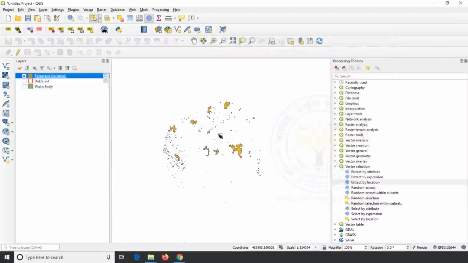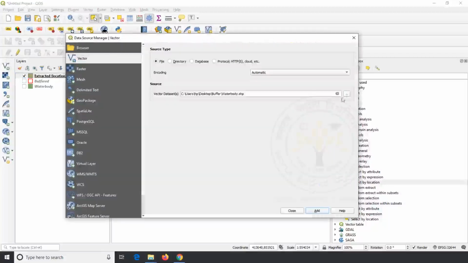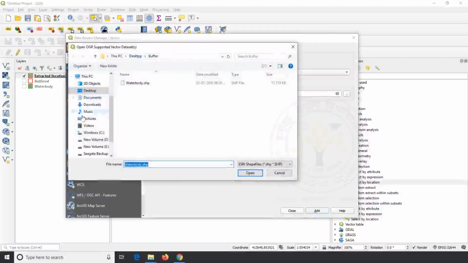Now we have extracted the water bodies which are located within 25 kilometers from the reservoir. Practice creating buffers for point, line and polygon using other downloaded data.